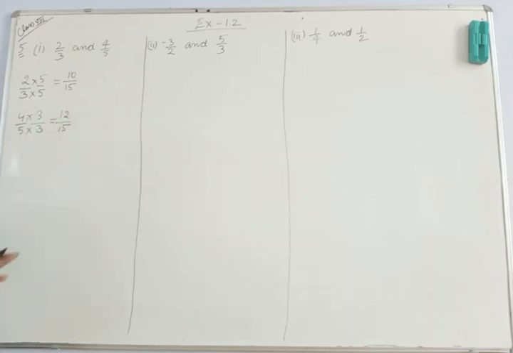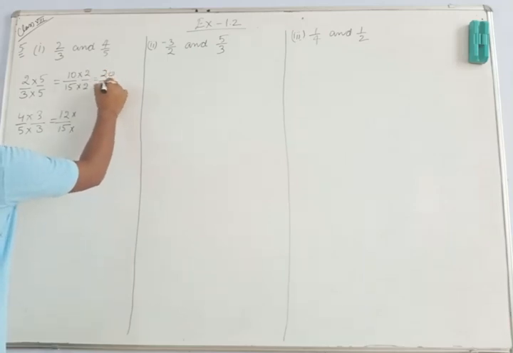So how many rational numbers do I have to find? 5 rational numbers. But here you can see, if I find the rational numbers between these two, I will get only one, that is 11 upon 15, because after 10 upon 15 comes 11 upon 15. So that will be only one rational number. To increase the number of rational numbers, I have to multiply with some number. Let us multiply with 2.